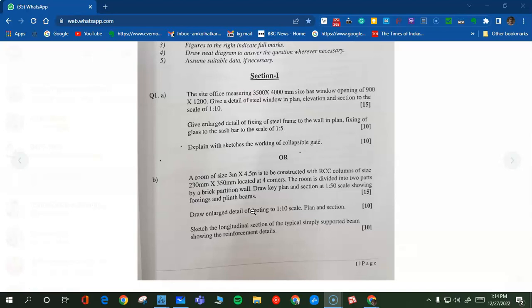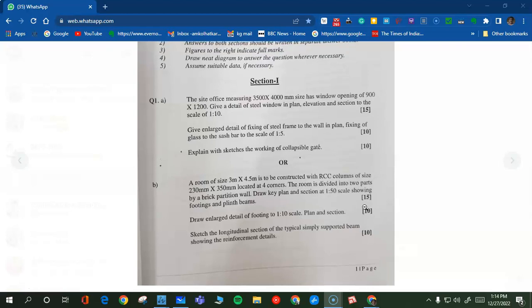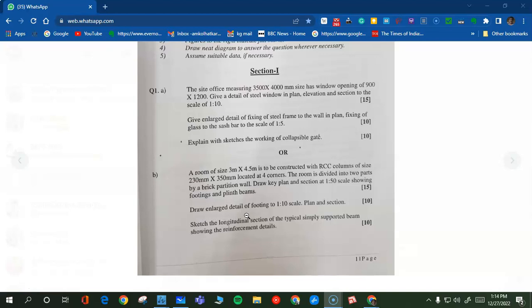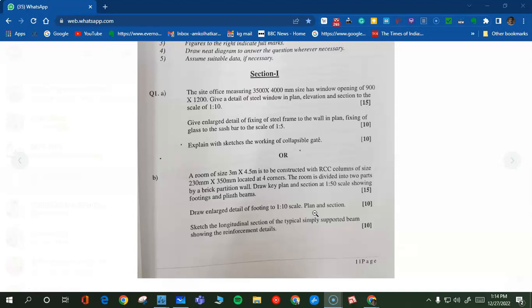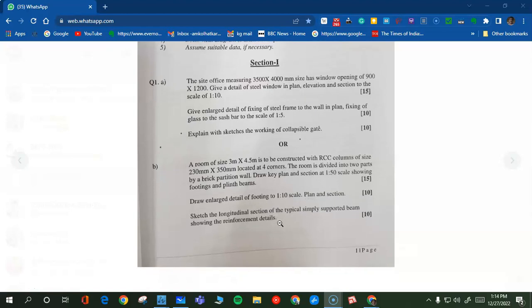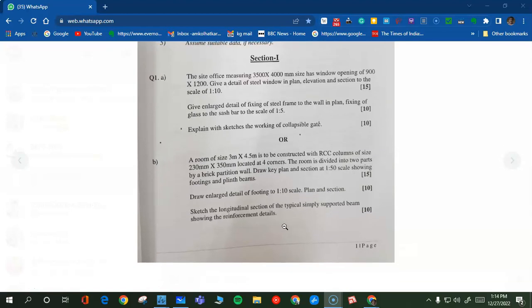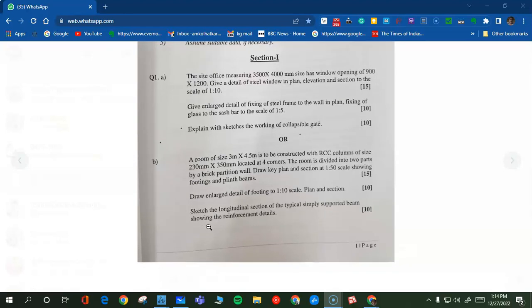So this is first part of the question, which is consisting of 15 marks. The second part of the question is draw enlarged detail of footing to a scale of 1:10. So here they are asking you to draw the plan and the section of the footing. And the third part of the question is sketch the longitudinal section of a typical simply supported beam showing the